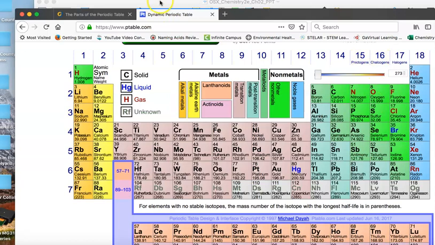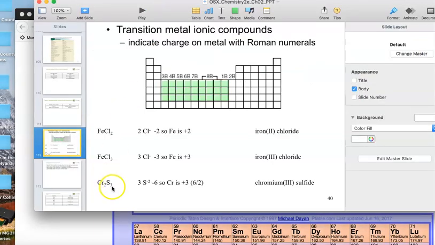So if sulfur has -2 charge, and -2 times 3 is -6, so chromium must be +6 overall, but it has 2 atoms of chromium, so it's going to be +3. Okay, because 6 divided by 2 is +3. So the charge on chromium is going to be +3. So the name is going to be chromium 3 sulfide, as sulfur becomes sulfide. Now, you have to remember with Roman numerals that the charge that you write